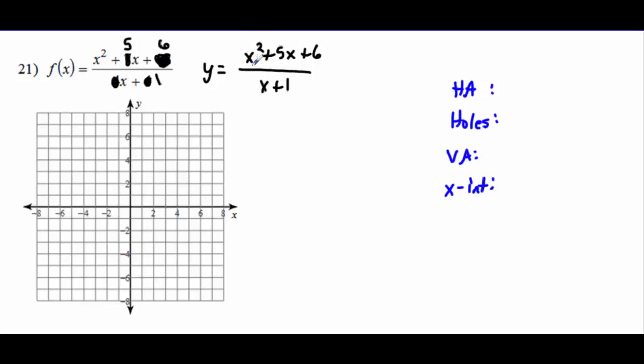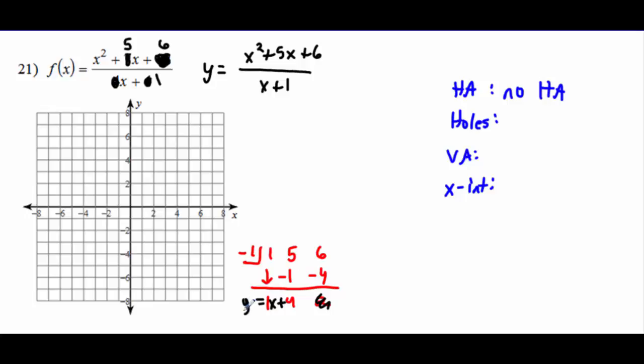So the first thing we do for horizontal asymptote is we say, well, x squared over x, that means there's no horizontal asymptote, which is actually unfortunate because that means we're going to have to divide to figure out what our slant asymptote is. So let's use synthetic division. This is -1, and then 1, 5, and 6. I drop the 1, multiply, add, multiply, add. When we're doing slant asymptotes, we ignore the remainder and we just write this as x plus 4